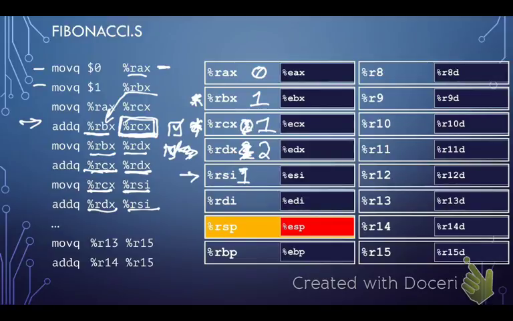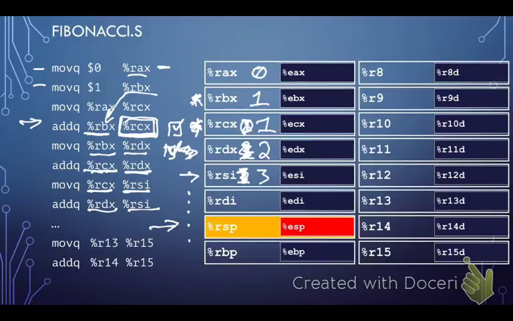That will give us a 3, and that will then be written to RSI. And we'll proceed to do this. Now we'll skip, because it's a no-no to mess around with it. With this sequence, we would have skipped the RSP register. That is our stack pointer register. And so in general, we want to leave that alone.